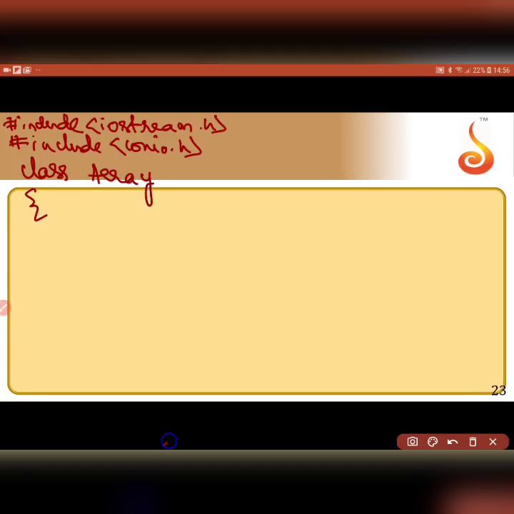Class array. So private. Again it is to be noted that p is in lower case, don't put it in uppercase. Private, let me write an integer array, int ARR, this is lowercase, of maximum 30 integers length. I have i and n. How many data members does this class have? It has 3 data members, that is array, i and n.